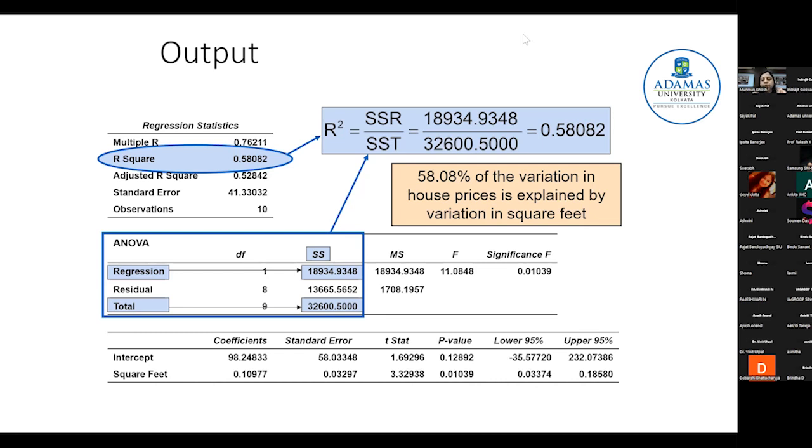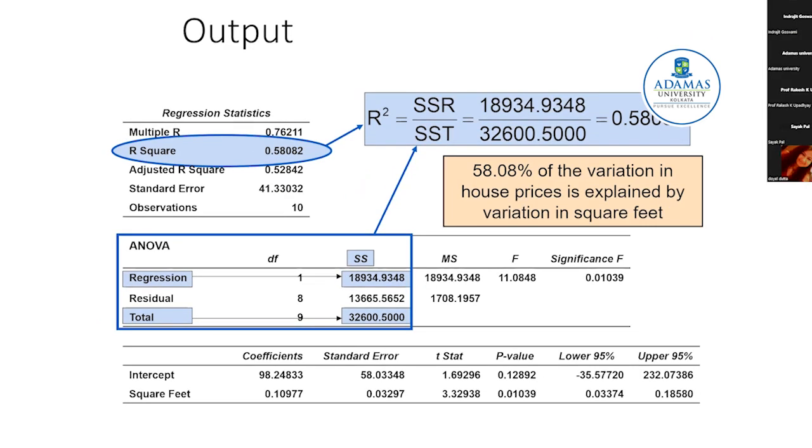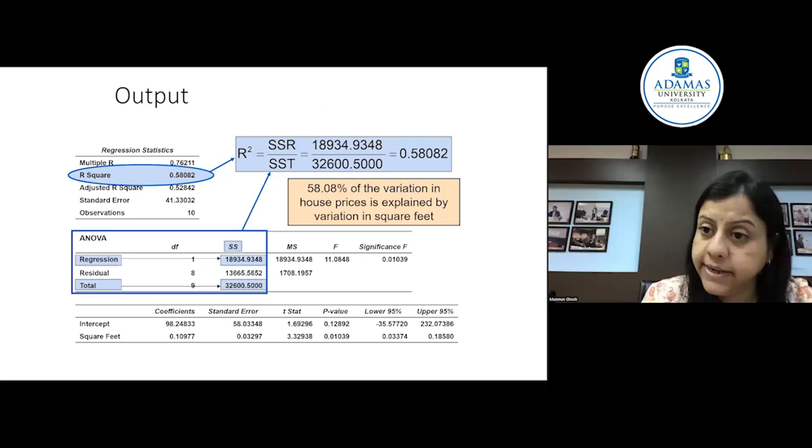For that 42%, I have to use multiple regression. So I have to incorporate more study variables to see whether they are increasing my R square incrementally. So this is about R square, which directly says how much impact your independent variable is creating on the dependent